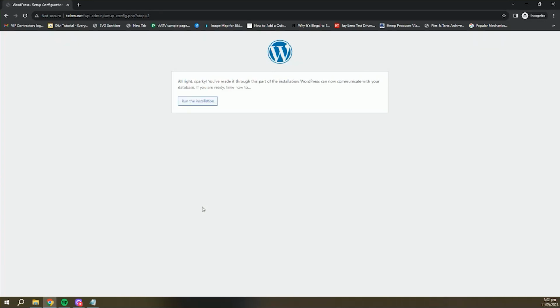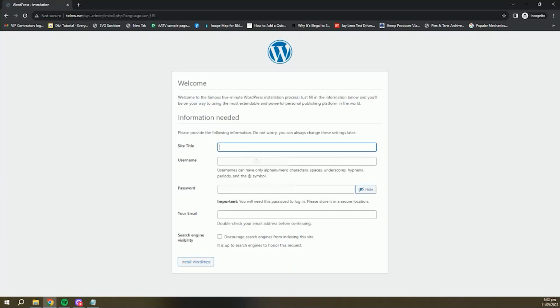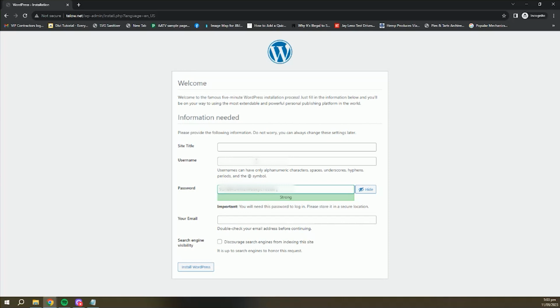Submit. There you go. All right, Sparky, you've made it through this part of the installation. WordPress can now communicate with your database. If you're ready, time now to run the installation. You know, for 13 years, this is basically the same process of installation. Looking back 13 years ago, it's the same process, it's the same pages that you see. So run the installation, and then you go ahead and add